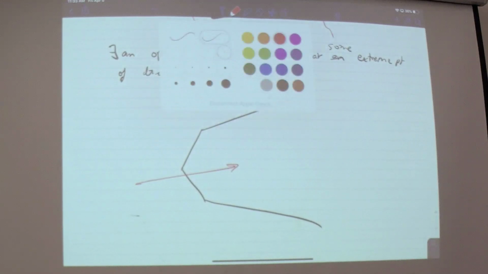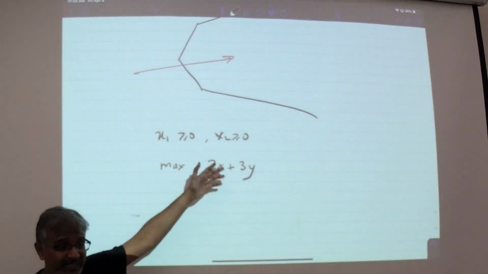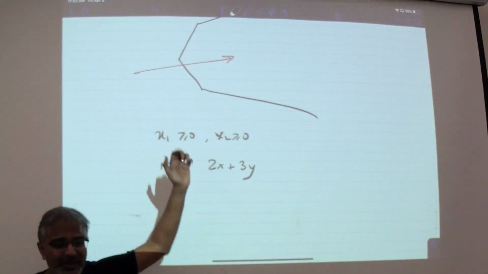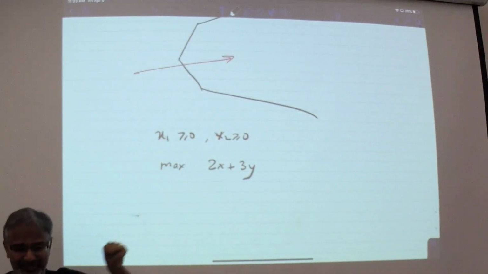So let's write this out. Our constraints are x1 greater than or equal to 0, x2 greater than or equal to 0, and let's say our optimization function is maximize 2x plus 3y. So you can see that the (2, 3) vector is kind of pointing up. Another way to see this without any geometry is to say x and y are positive. I want to maximize this expression. 2 and 3 are positive numbers. I can let x and y get larger. This will get larger. So I can say this algebraically, I can say it geometrically. Again, this back and forth is helpful.